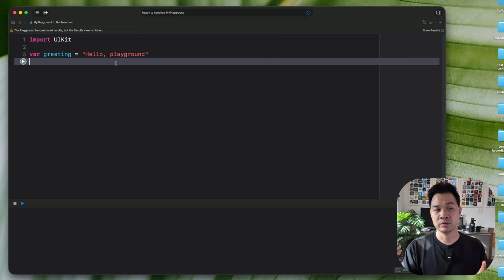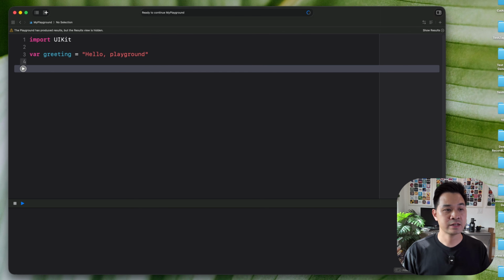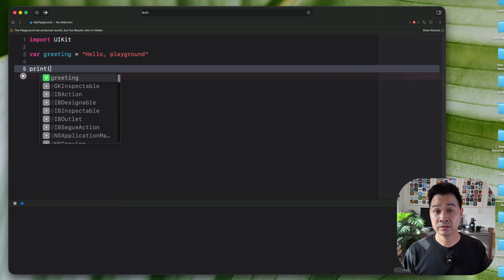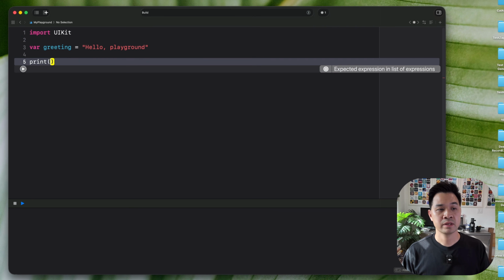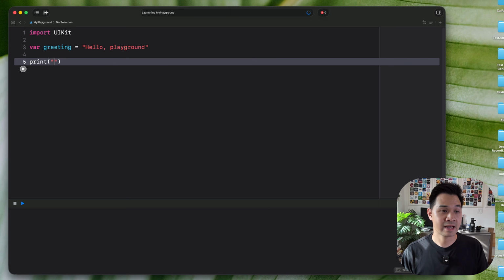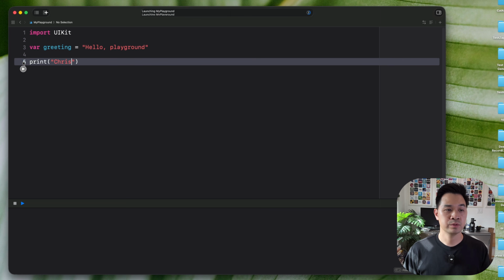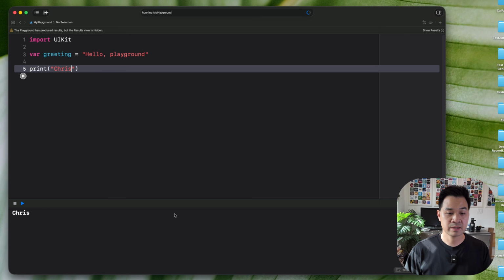So this code will be more of taking actions and it does things, instead of the SwiftUI that was displaying things. So let's start with a simple statement that does something. We're going to hit enter to start a new line, and we're going to print, brackets, and then we are going to put quotations, and put a piece of text, and then we're going to hit this blue run icon beside that line of text, and you should see something appear down